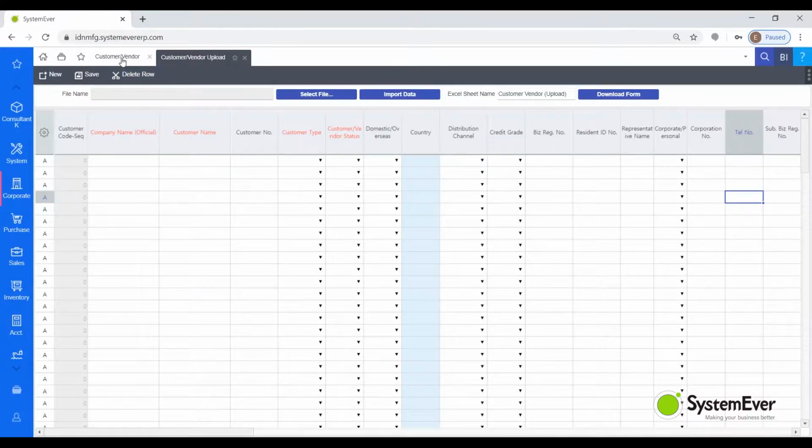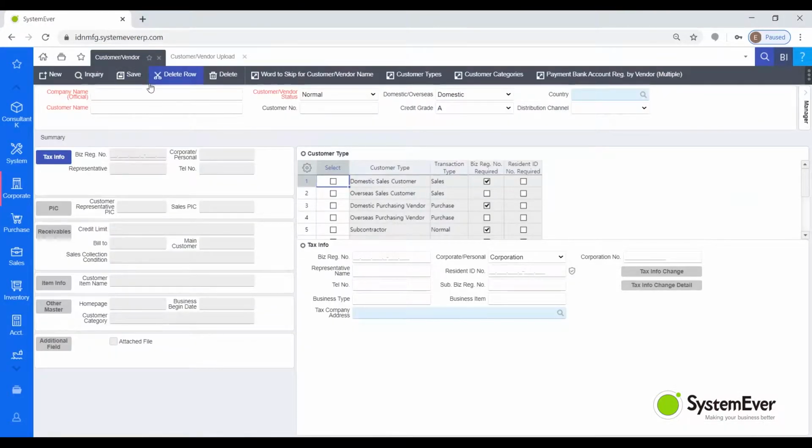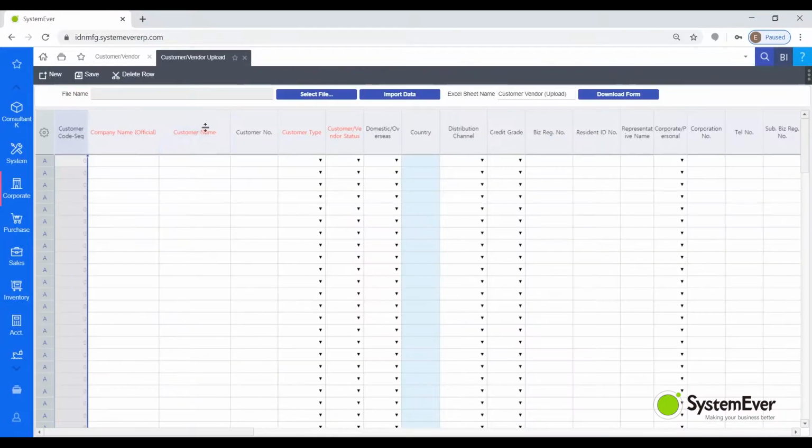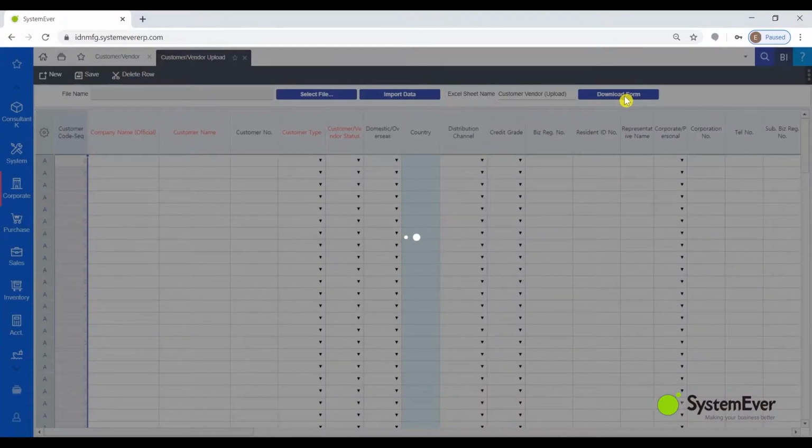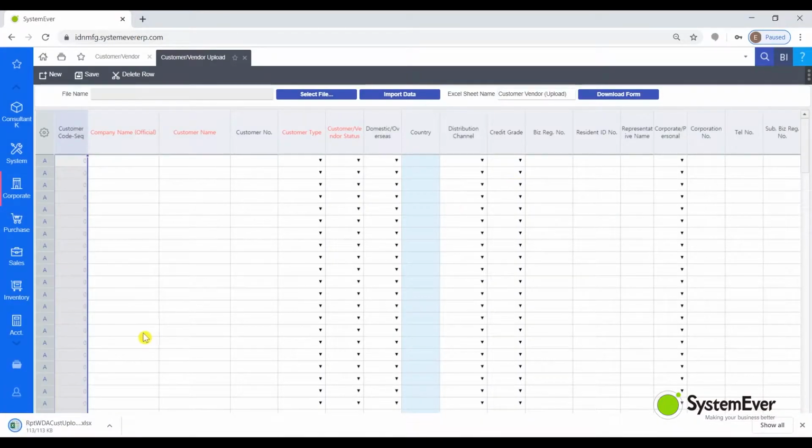The first one is to go to the customer or vendor menu, and then you can type the data manually. Or the second one is to go to the customer or vendor upload and then click the download form button to download the Excel form from our system, and then you can open the Excel file like this. After that,